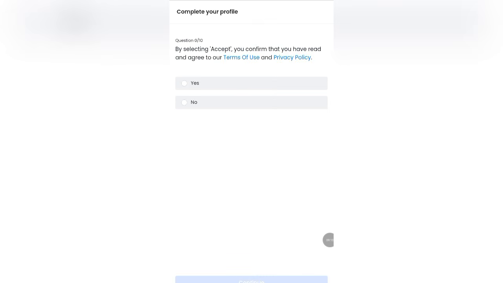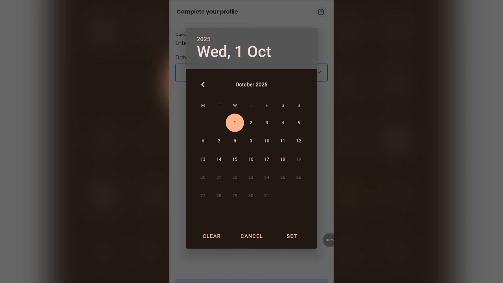These are like screener questions to your account, because these are the first surveys that you are to attend to before having other surveys coming to your account. So it is always advisable, when you open your account on Opiday, to answer these questions, just like profile questions. As you can see right here, it says by selecting accept, you confirm that you have read and agreed to the terms of use. So click on yes, then click on continue. Even without taking this, you won't be allowed to go ahead taking surveys on your account.